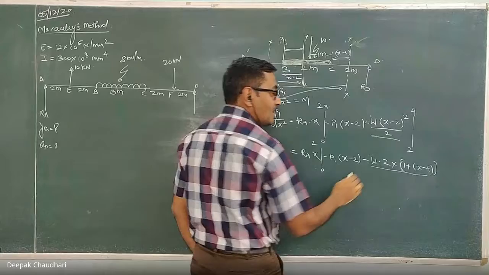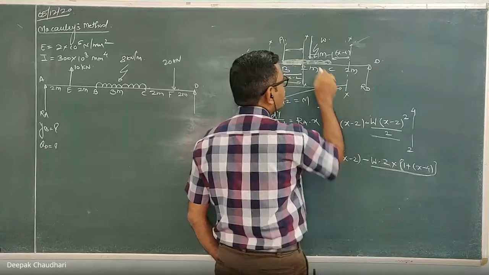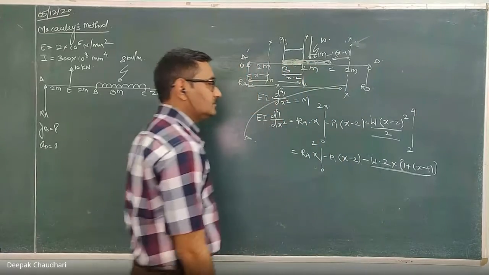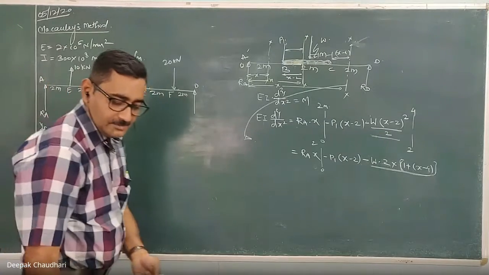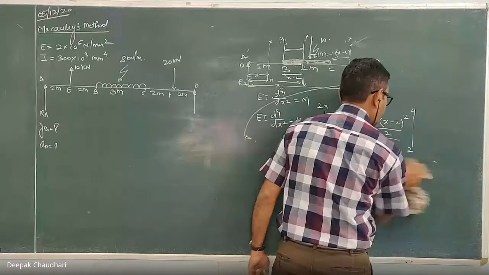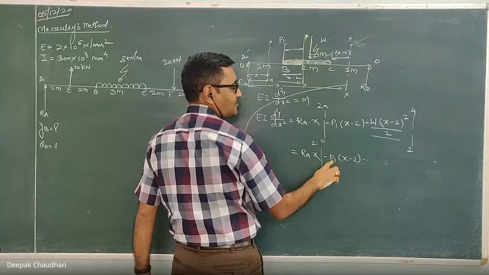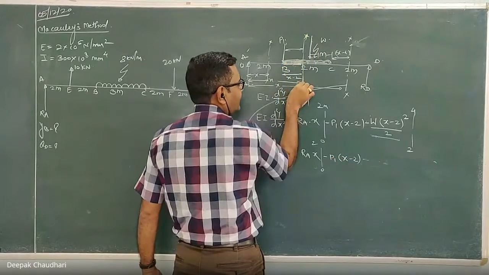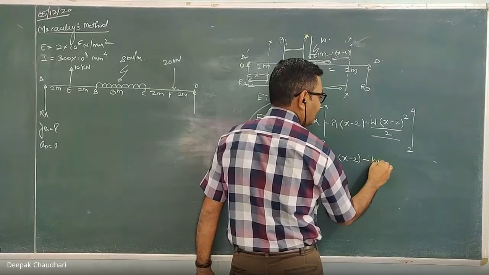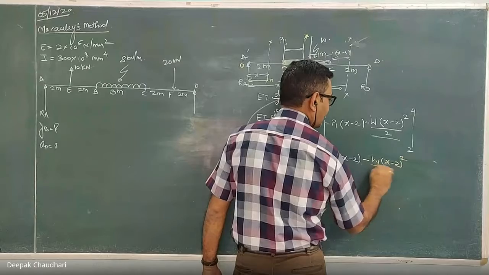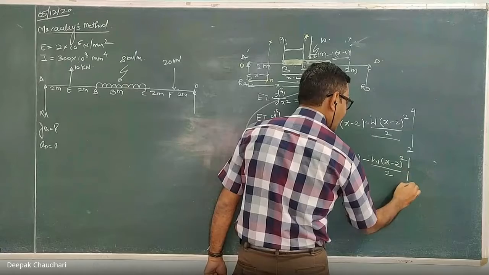to the end of the beam, but this equation is not valid, or this equation of the bending moment of this. Just 1 minute, sorry, I made a mistake. Just 1 minute. Okay. Let's consider this section XX. I've taken the moment of this P1 here, but at this section XX, I forgot the moment of this UDL, this much UDL. Here it is minus W into X minus 2 whole square by 2. Okay, this much will come. This equation is valid from 0 to 4.